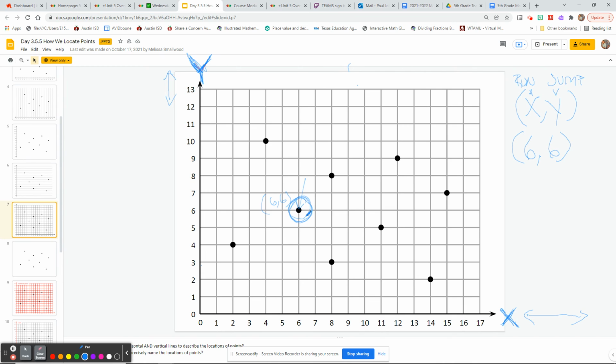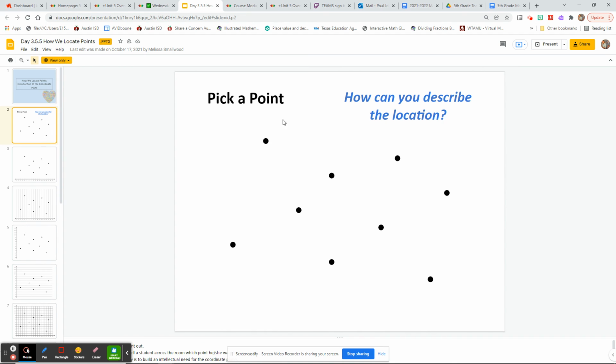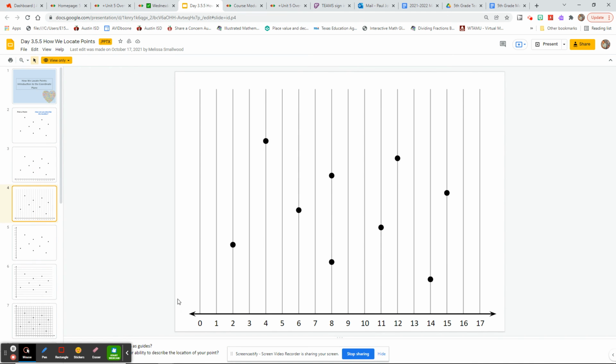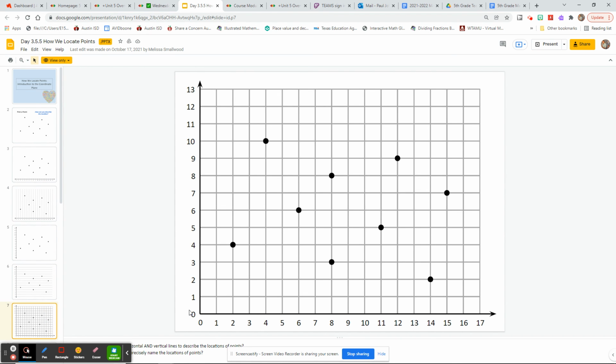All right, welcome back. So, did that help? Were you able to describe where your point was a lot easier than you were on, let's say, the first screen? So, remember when we started off, our points were just kind of in space. They had no coordinates. They had no numbers telling us where they were. And then we added the x-axis, and then all of a sudden it was like, oh, okay, so there's a home. This has a home on the x-axis at 2. This one has a home on the x-axis at 6. Then we added the y-axis, and before you knew it, it was like, okay, this one is